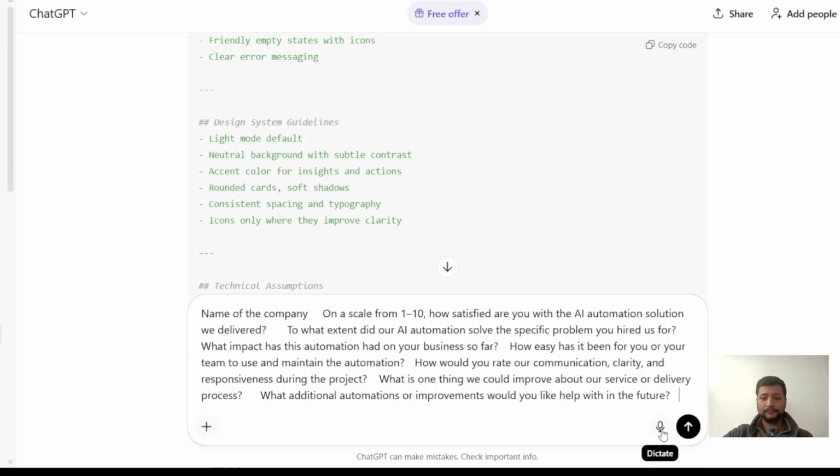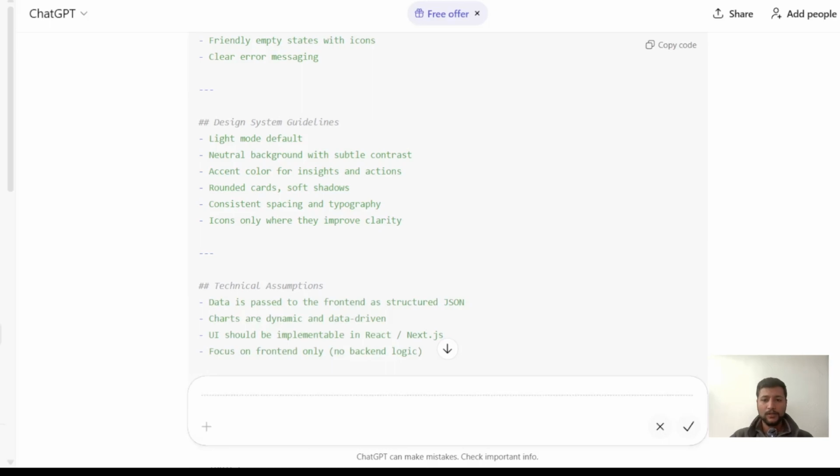I'm going to say, these are the questions that a customer will answer, and we'll use OpenAI to analyze all these answers